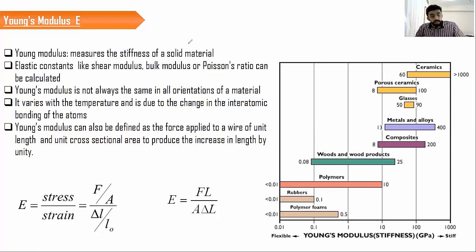It also helps us to calculate the relationship between Young's modulus, bulk modulus and shear modulus, and even to find out the Poisson's ratio. Young's modulus is very much needed. And one major thing that you have to keep in your mind is that Young's modulus is a property of a material, but we cannot conclude that it will be constant always.